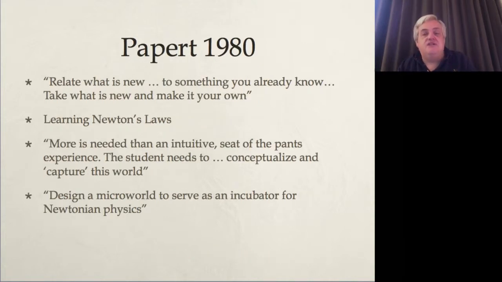Papert, writing in Mindstorms, this was the chapter that I asked you to read, returns to this Piagetian idea of construction of knowledge, of building on existing mental structures, relating the new information to something which you already know. So we're thinking of the twin processes of accommodation and assimilation there. And how does a child go about learning physics? How does a child go about learning Newton's laws of motion, apart from through the direct experience of objects which